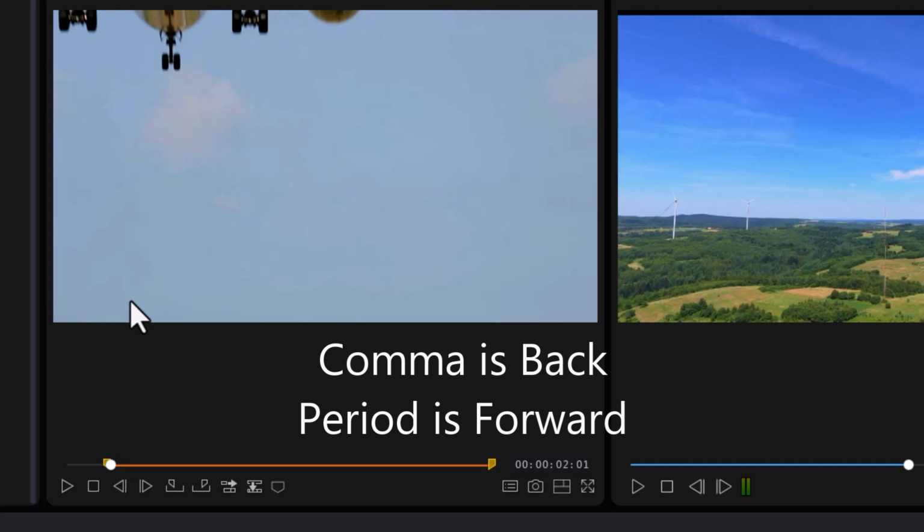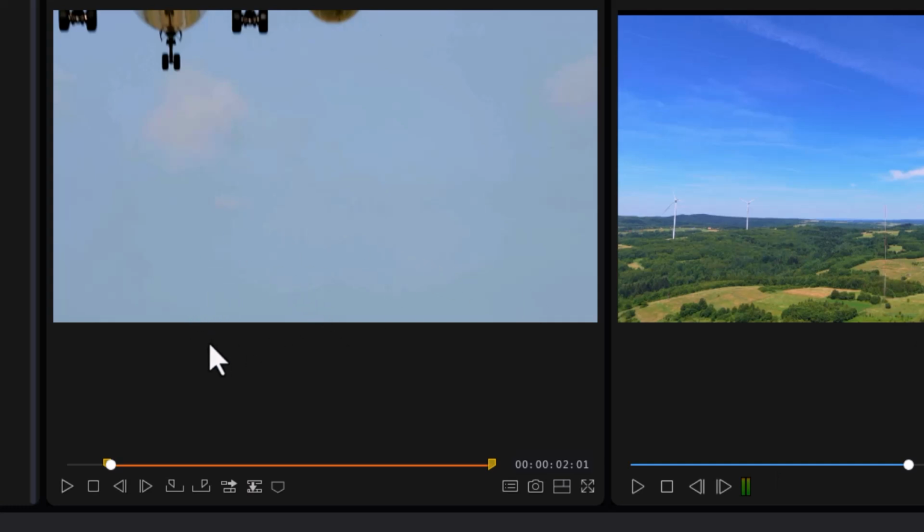Now there's a trick here too. If you have an element highlighted on the timeline, the period and comma keys will then automatically work only on the right screen and not in the middle screen. To make them work on the middle screen again, you have to double click on the clip that's in your media room. So if I want it to start back here just before the wheels are in frame,